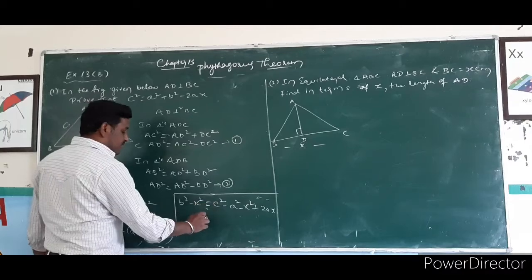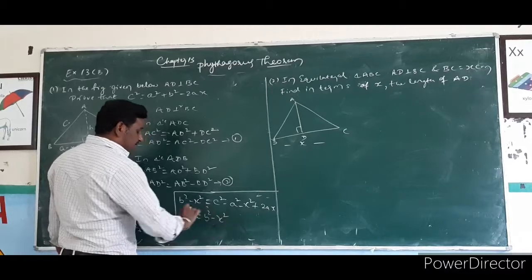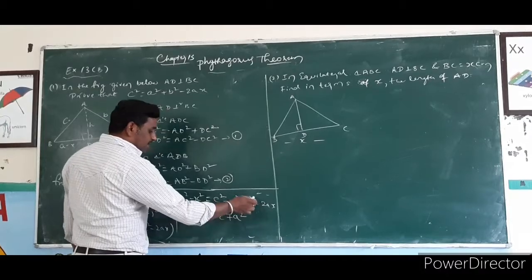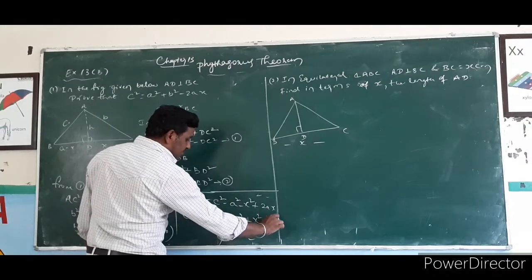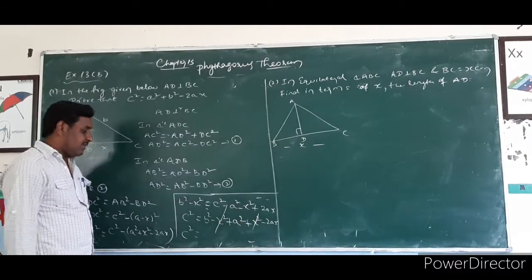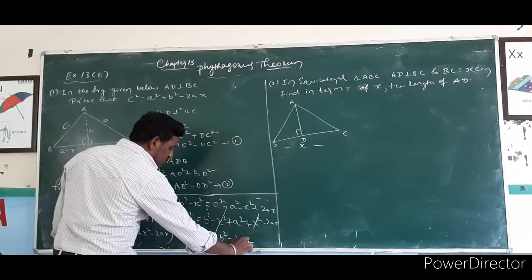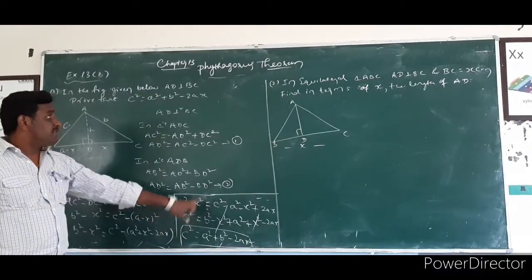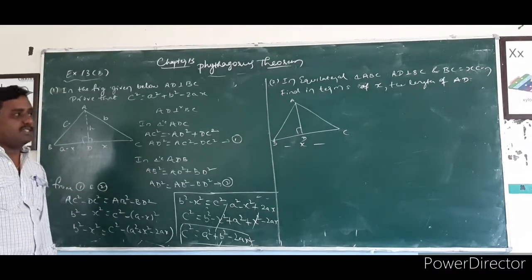You can keep c square here and shift all the terms to this side. b square minus x square, you can keep as it is. Minus a square comes to this side, what happened? Plus a square. Minus x square comes to this side, plus x square. Minus 2ax comes to this side, minus 2ax. That is c square is equal to b square, plus a square, minus 2ax, and minus x square plus x square cancel. So what is remaining? a square plus b square minus 2ax. Check the result: c square is equal to a square plus b square minus 2ax. Like this we can solve the problems when questions like this are given.